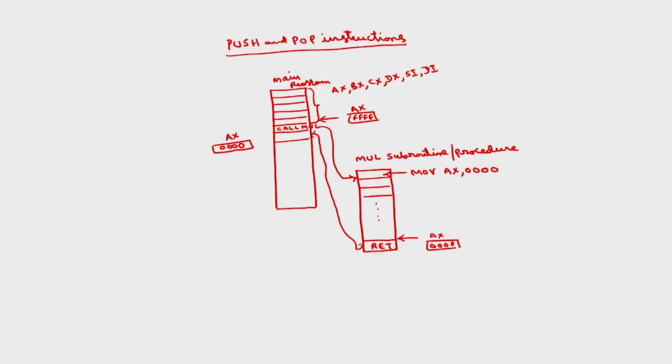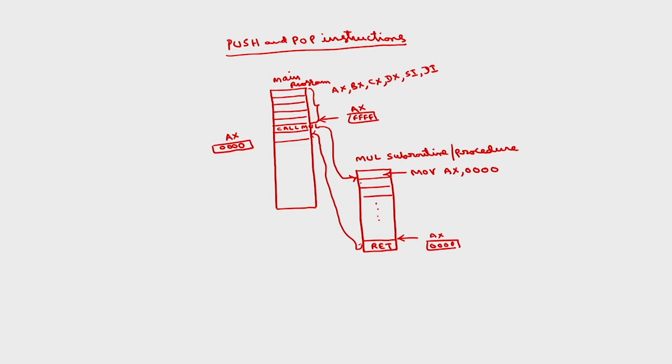So, here in the subroutine, if I use this register for some other purpose, then while returning back, the contents of AX will have been changed. So, now what is the solution? The solution for this is, before the microprocessor control goes to this subroutine,